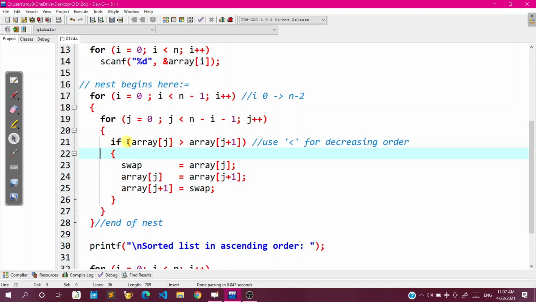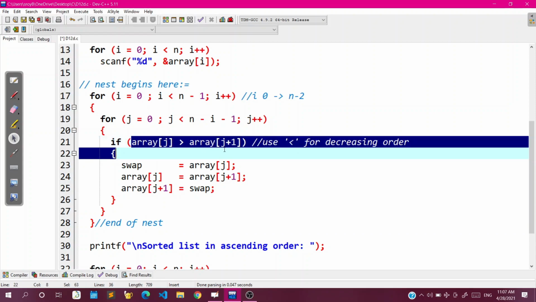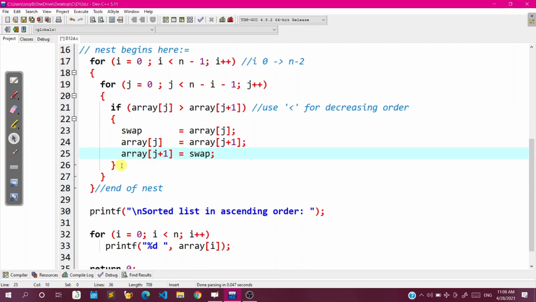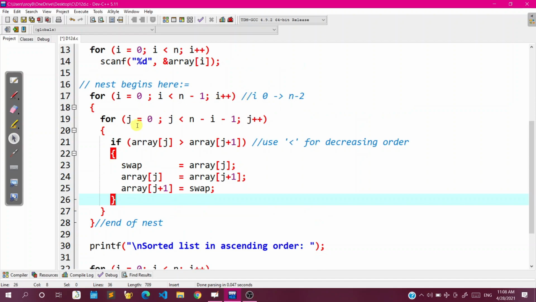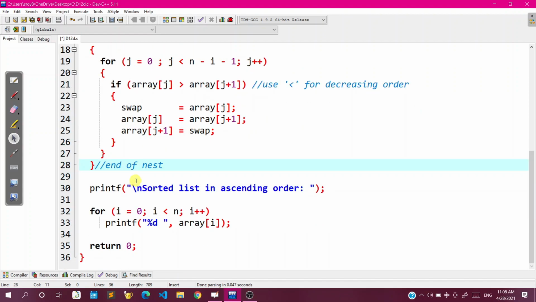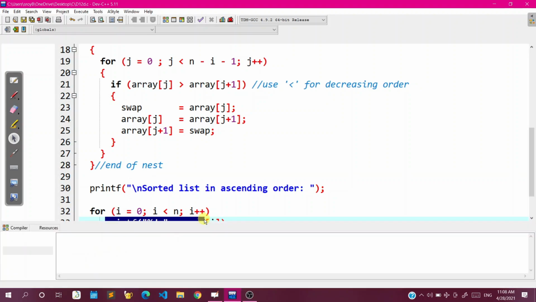What are we doing inside the loops? We were checking for any discrepancies. If there is any deviation from the natural ascending order, then we track that within this if statement and we swap the adjacent values so that any such discrepancy gets resolved. That is done by swapping. This happens for all values of i and all values of j. After we come to the end of the nest, we have already sorted the array. So our task is done. Congratulations. We can now print the array, and let us try this program and test it.